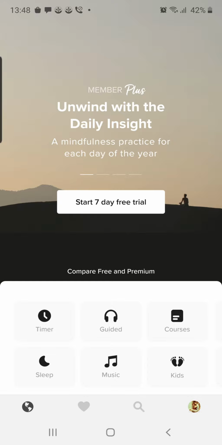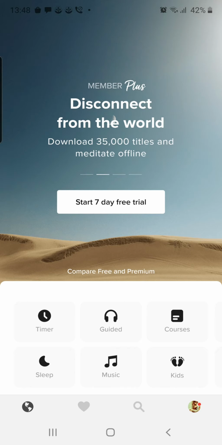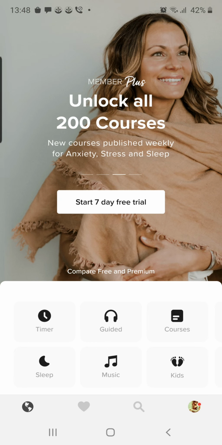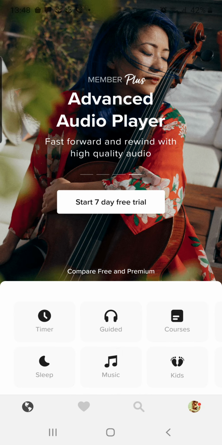Open up the app. Okay, you will see the start 7-day free trial. Oh no, you can just ignore it. You don't really need to go ahead and do any of this, because a lot of what you can do is completely free. Okay, so let me start from the beginning of what all are the features which you can go ahead and take care.